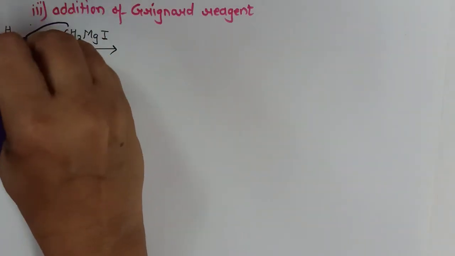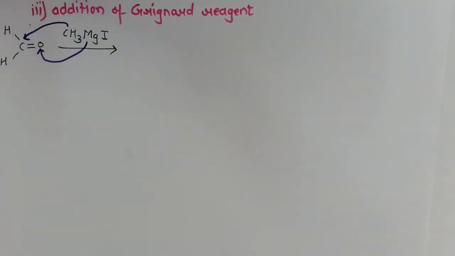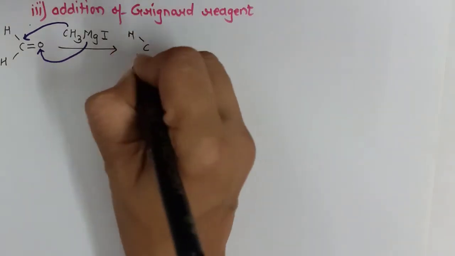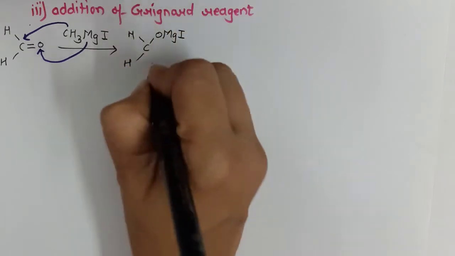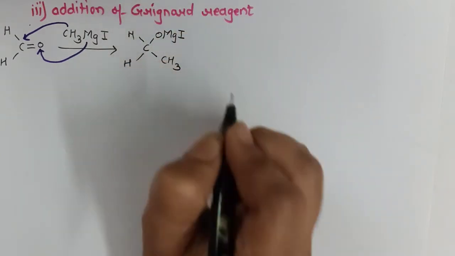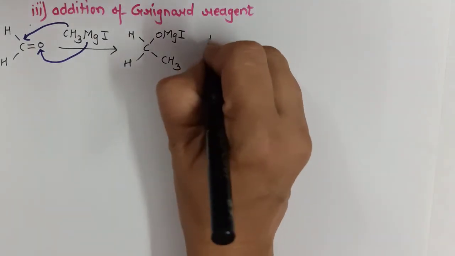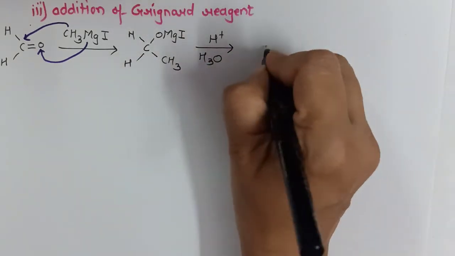The alkyl group moves to the carbonyl carbon, magnesium halide moves to oxygen. So we get an addition product along with one more carbon atom than the original compound, and that's why it is called an ascent of series reaction. Now when it is further hydrolyzed in acidic medium,